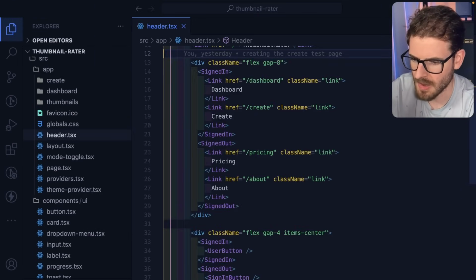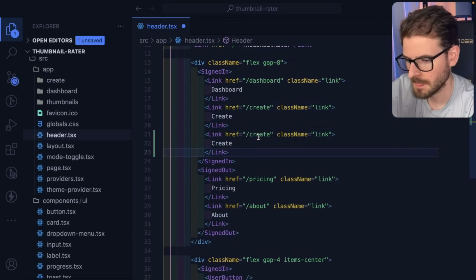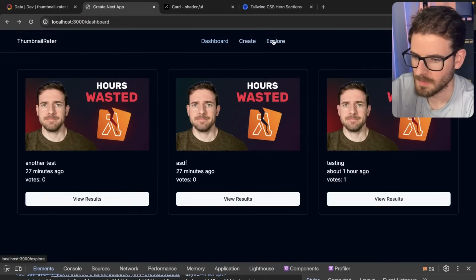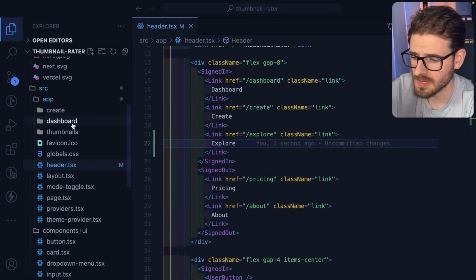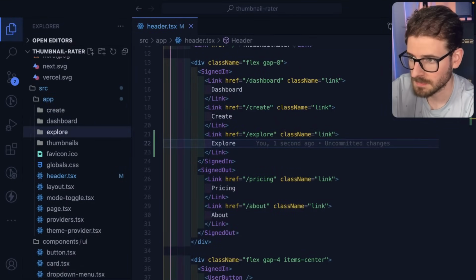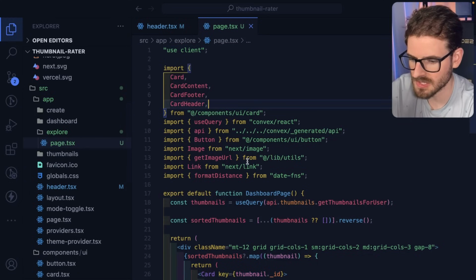I'm going to go back to the header and add one here called explore. Like this. Okay, and if we click it, it'll take us to an explore page, which honestly is going to look very similar to the dashboard page. So I'm going to copy it and rename it to explore. Now inside this explore page,